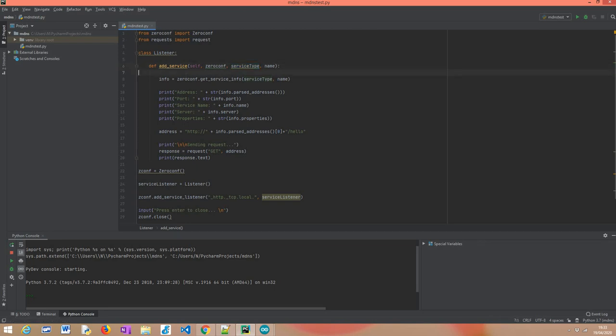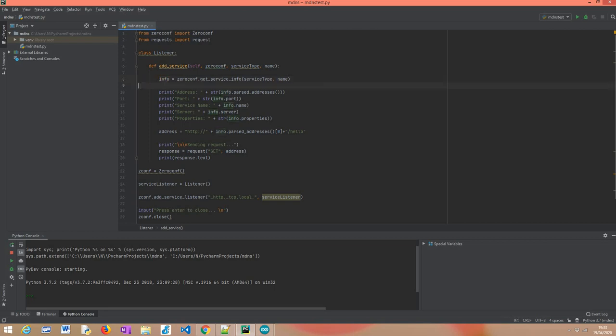After this, assuming that this callback is invoked and these parameters are passed to it by the library, having both the service type and the service name, we can call this get_service_info method on our zeroconf object, and this will output to us everything we need to know about our service using an mDNS query. Basically, it will take care of getting all the information about this service, and then with this object here, we can access all the information we need.